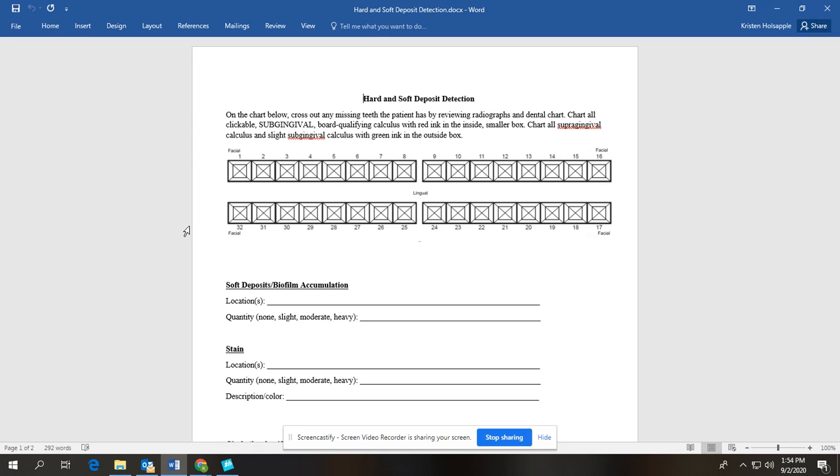Chart all supragingival calculus and slight subgingival calculus with green ink in the outside box. So if it's not clickable, but you can kind of feel it, this is usually if it takes you 3 or more attempts to feel for it with your explorer, then you would put it in green. If you're going to put it in red, it has to be very obvious that it is a clickable piece